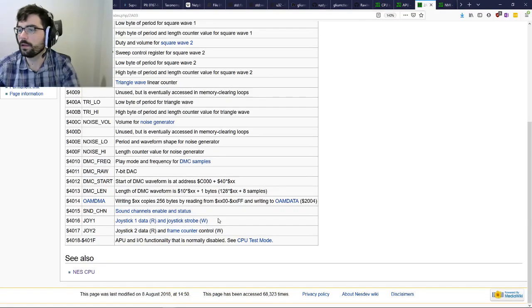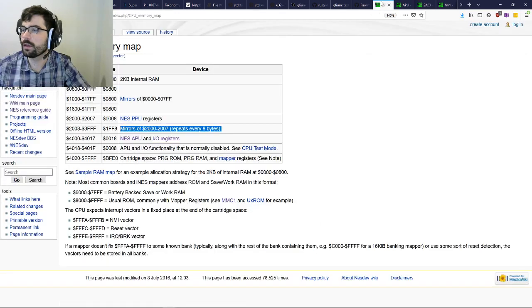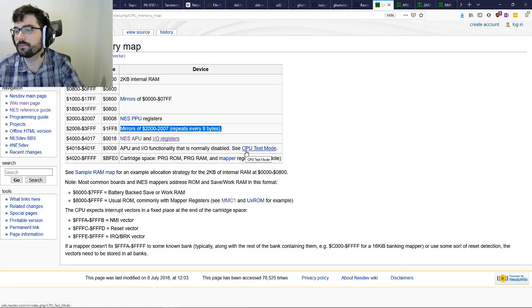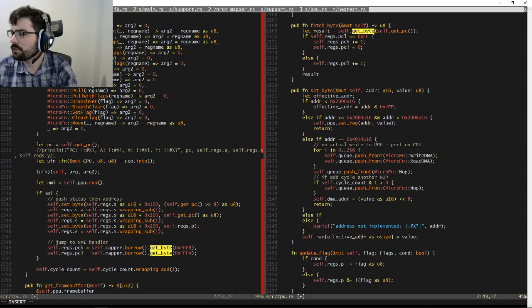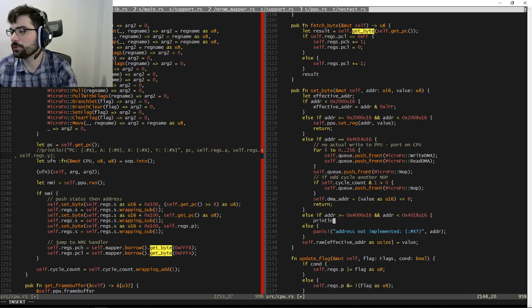So if we're in that I/O space, which is from 4000 to 4018, else if adder is greater than or equal to 4000 and is less than 4018, write to unimplemented address adder.